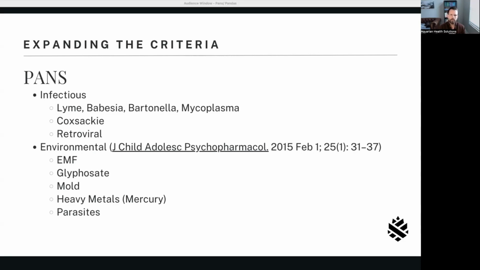And so there's an infectious agent, and that can be Lyme disease, it can be Babesia, it can be Bartonella, or a mycoplasma infection, it can be from a Coxsackie infection, or a retroviral infection. And even this can be precipitated by environmental problems, whether that be from man-made EMF, like cell phones, cell phone towers, Wi-Fi, all of these things. Glyphosate, so the pesticides we use on our lawns, pesticides we use on our food, mold toxicity, heavy metals, or parasites. And the reality is, for people and kids that we see in our office,